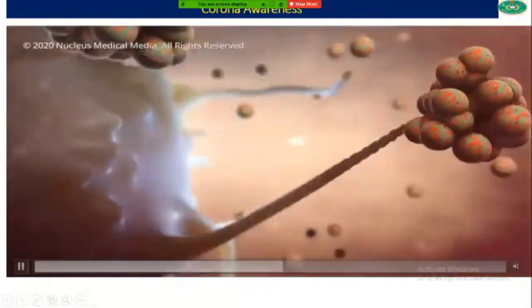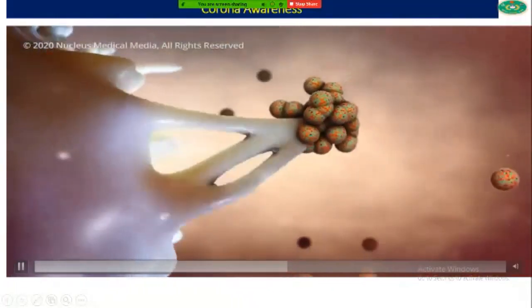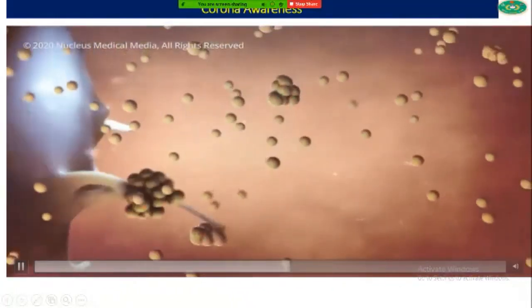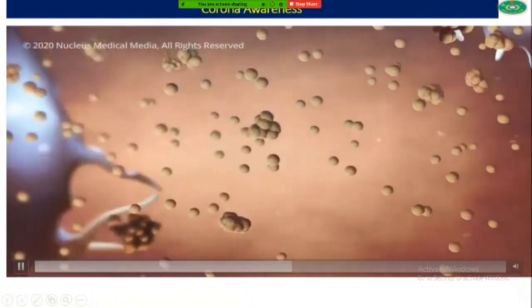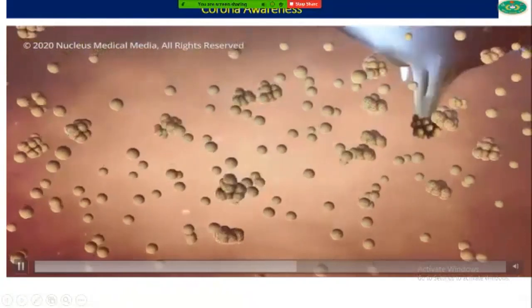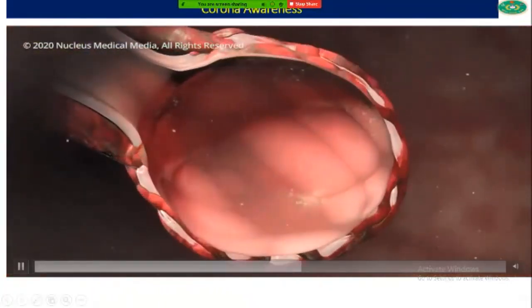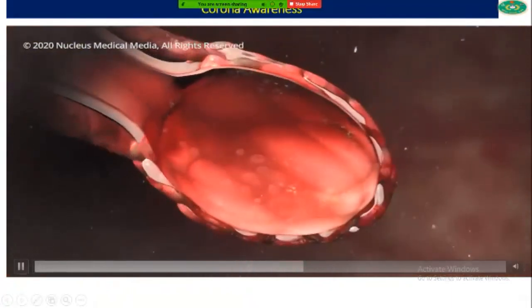Normally, cells of your immune system attack viruses and germs that make it past your mucus and cilia and enter your alveoli. However, if your immune system is weakened, like in the case of a coronavirus infection, the virus can overwhelm your immune cells, and your bronchioles and alveoli become inflamed as your immune system attacks the multiplying viruses.